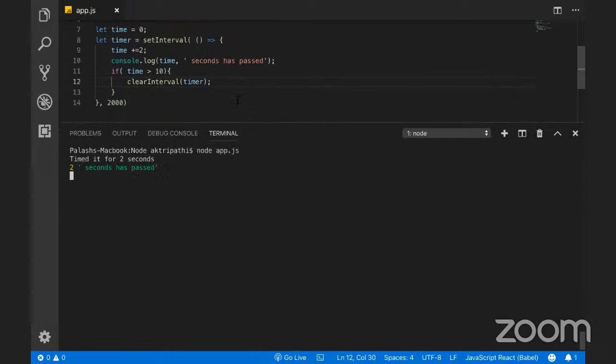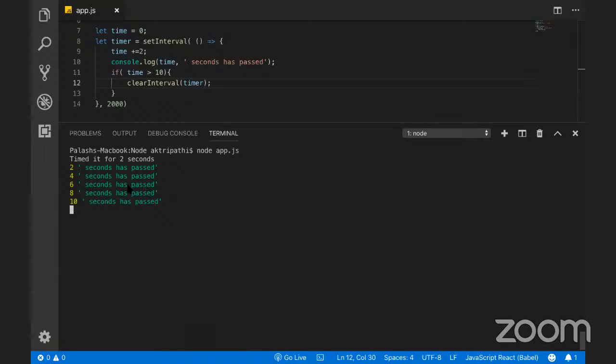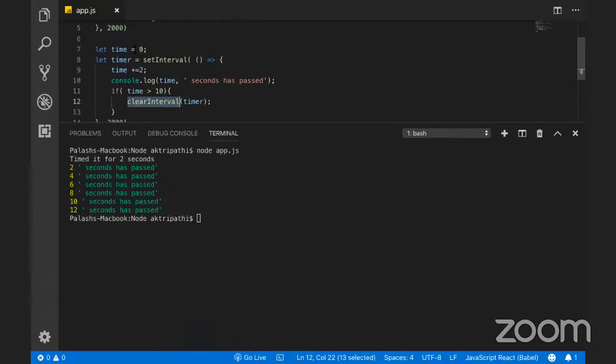और ये normal JavaScript जैसा ही है, it says 2 seconds has passed, 4 seconds has passed, 6, 8 और 10 और 12, क्योंकि ये third iteration में जब तक पहुंचा होगा तब तक ये 12 हो गया होगा, और जब ये check हुआ होगा तब जाके ये clear हुआ होगा। तो 12 seconds पे रुका। ठीक है, 12 seconds पे उसने clear कर दिया। तो the way it was working,